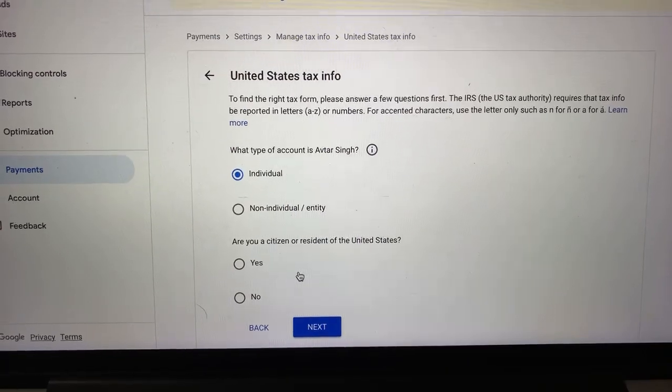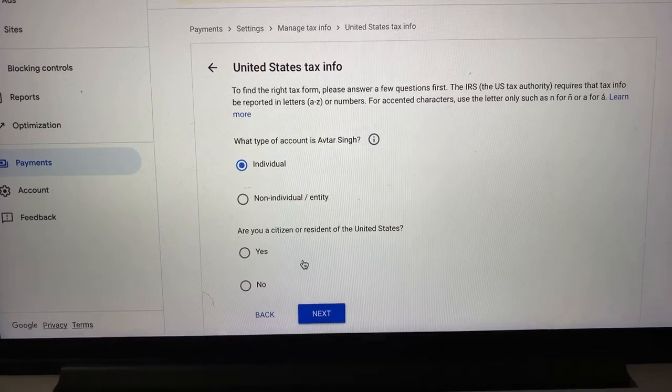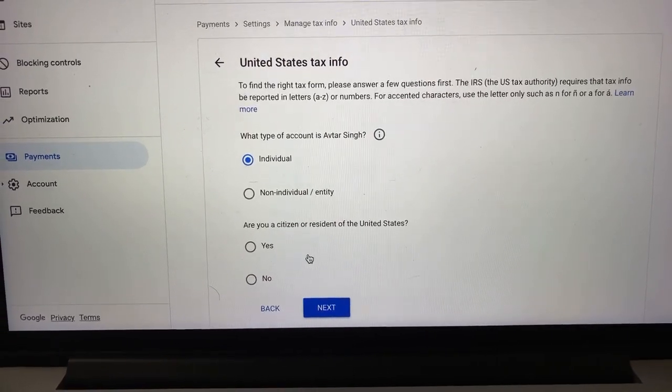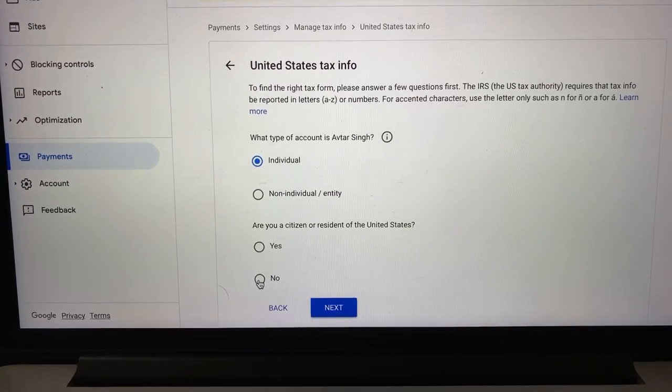Are you a citizen or resident of United States? आप यूएस के सिटीजन हैं या रेजिडेंट हैं, वहाँ रहते हैं, तो आप करोगे नो। अगर हो तो यस।